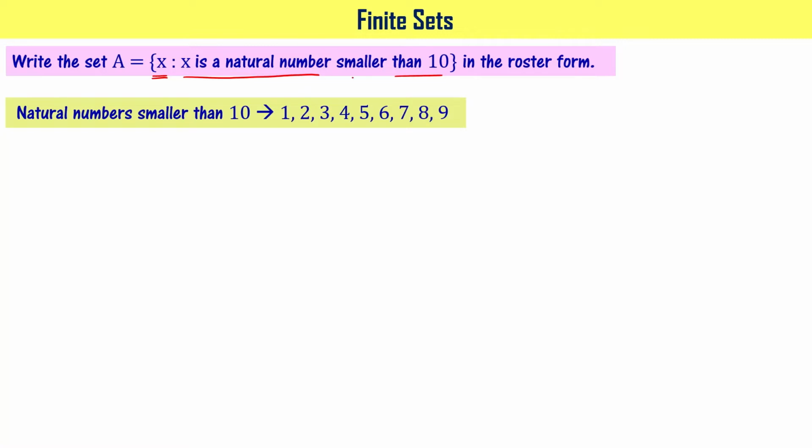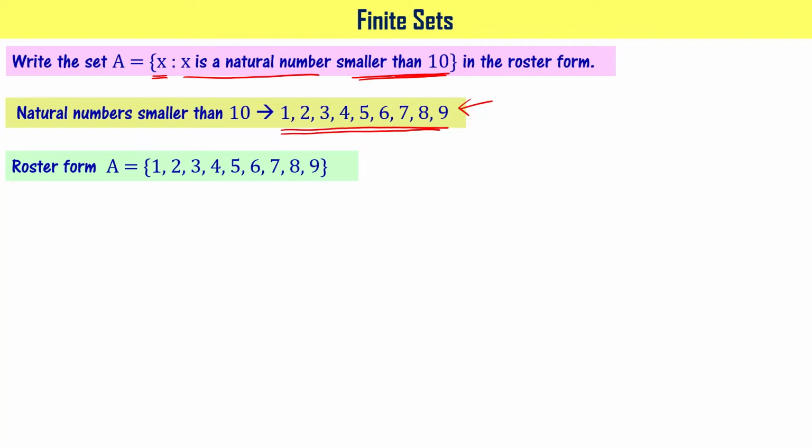But the second requirement is that the natural number has to be less than 10, meaning you will have these 9 elements: 1, 2, 3, 4, 5, 6, 7, 8, and 9. This particular set A is going to have all these 9 elements. You can write set A in roster form by writing all these 9 elements in between curly brackets, right? That's what I have done here. The roster form for set A is this. Now, if you look at the number of elements in set A, I already mentioned that you can write it as n of A, that is equal to 9, right?